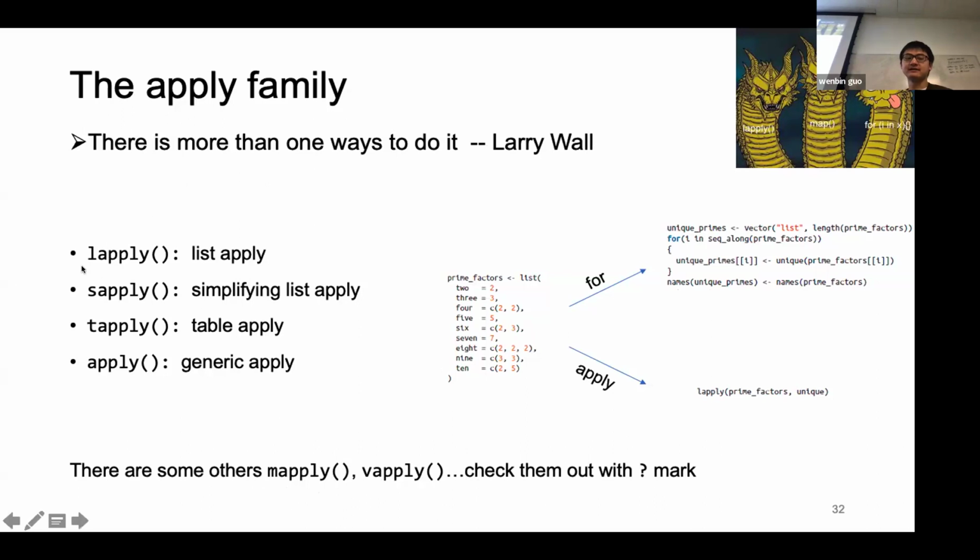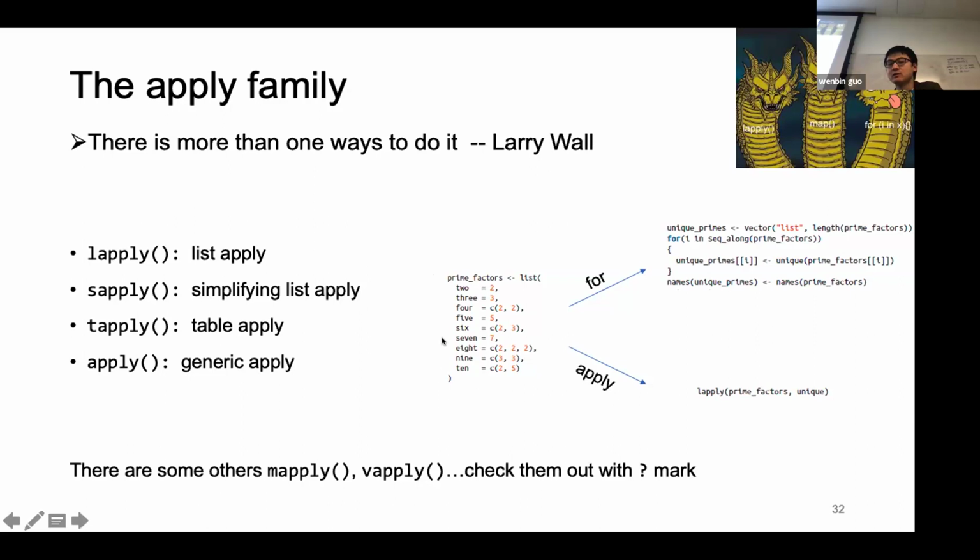So lapply here is just like a list apply, and sapply is a simplifying list apply. tapply is a table apply, and if it's just apply, then it's a very generic version of apply. So what apply can do is that you can consider here. What we want to do is